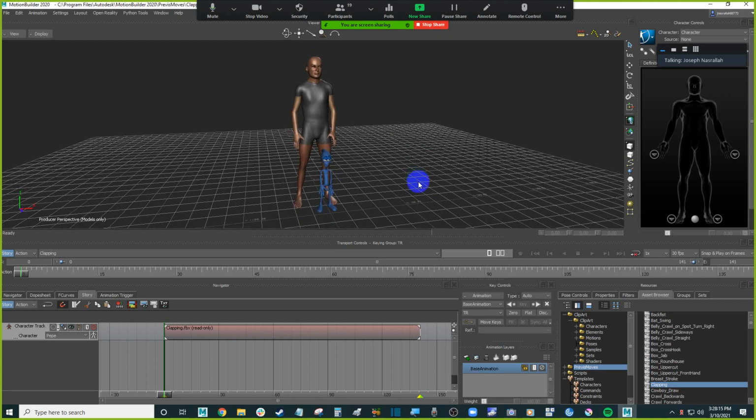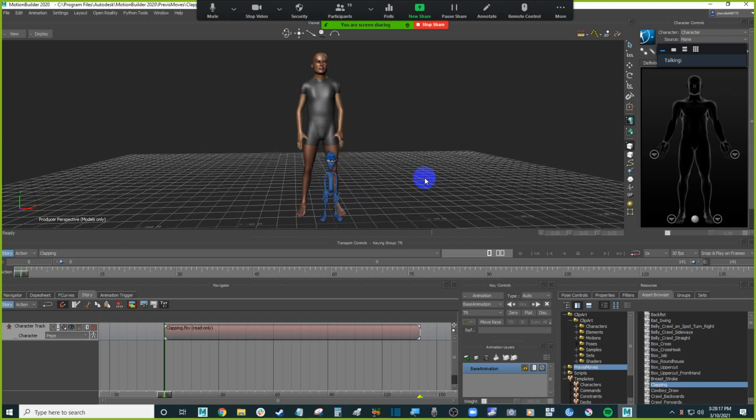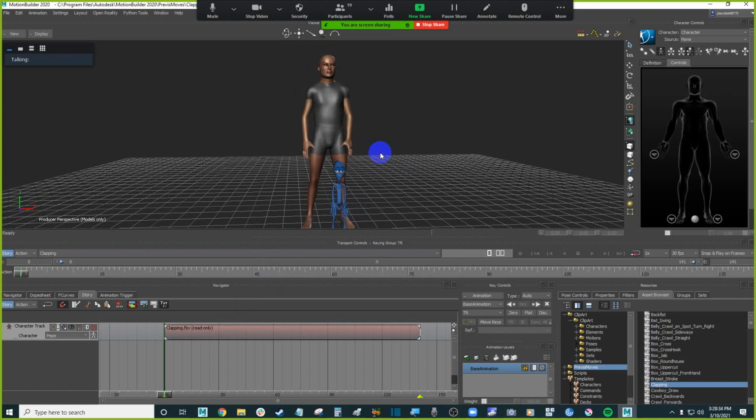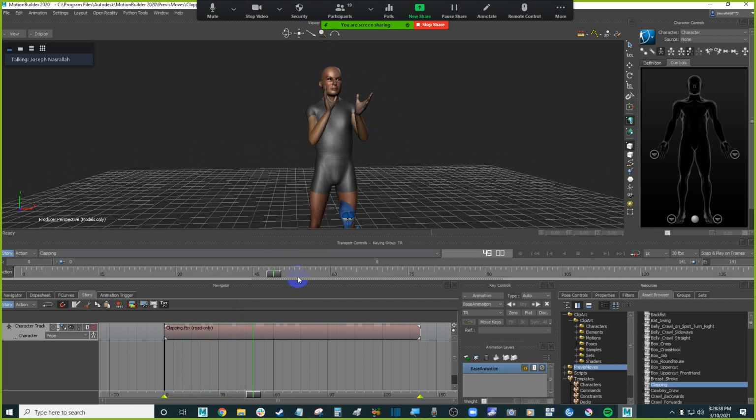All right, so today I would like to show you how to deal with retargeting mocap from one character to the other. So normally, if you try to use a mocap like this, which has perfect hand contact,